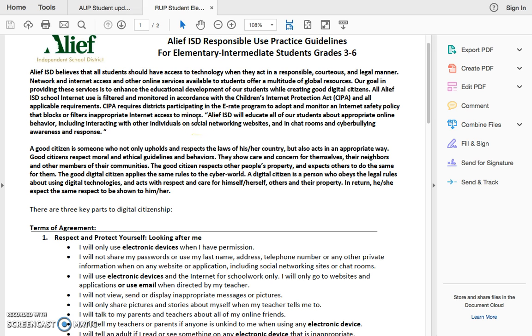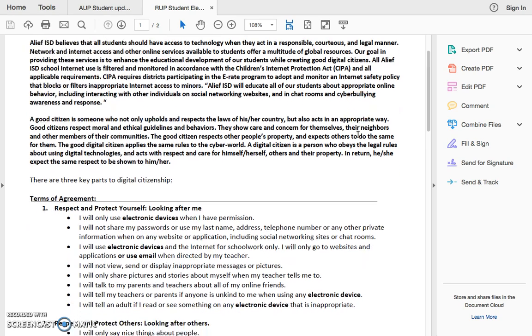The A-Leaf ISD Internet is filtered in accordance with the Children's Internet Protection Act, which blocks any material that is deemed unsafe or inappropriate for minors. And A-Leaf sees it as its responsibility to educate all students on appropriate online behavior, such as interacting with others, chat rooms, and cyberbullying awareness.